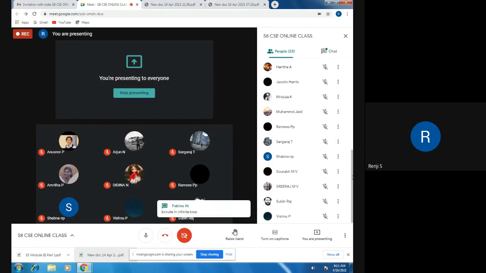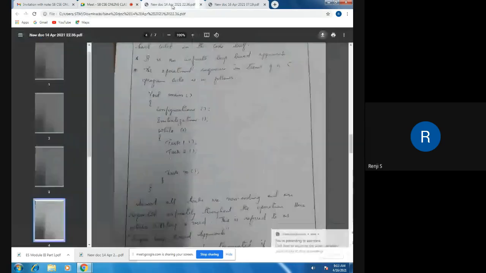It executes in an infinite loop. There will be a set of n tasks, and these tasks execute in an infinite loop as long as the product is in use. Hope you understood what I'm saying. I'm going to the next step. That is, how do we code the super loop approach? How do we represent it in a C program?